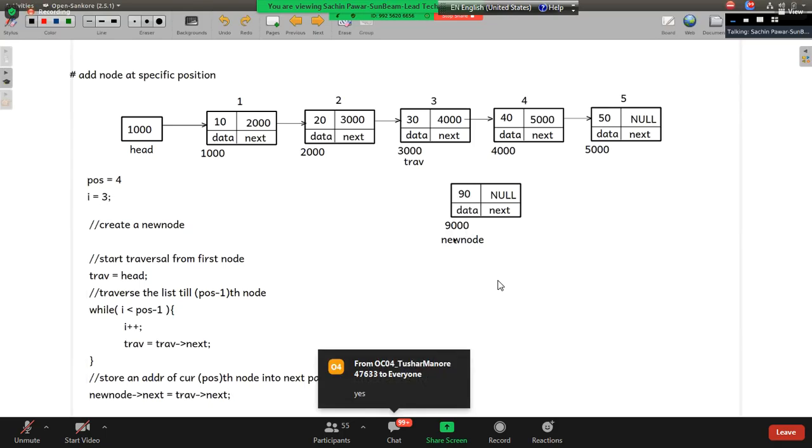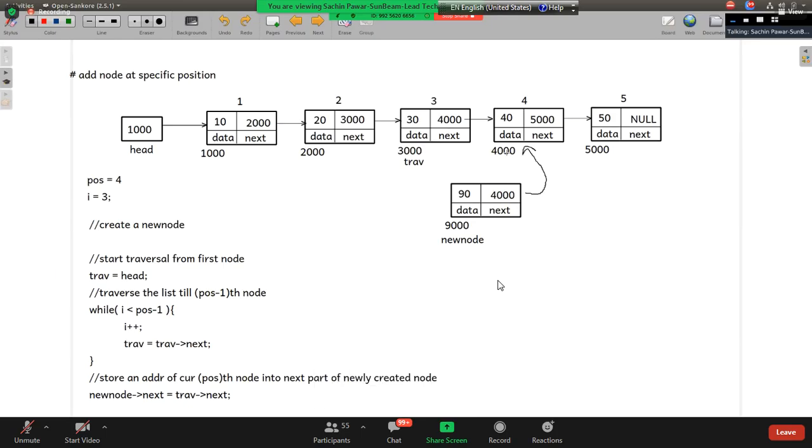तो new node के next में, new node के next में बोलो यहाँ पे क्या आएगा, trav का next। Please tell me guys, what is the value of trav next? Value of trav next is 4000, right? And hence due to this link has been created, ये link create होगा, it means this next part is pointing to block of 8 bytes whose starting address is 4000, तो ये